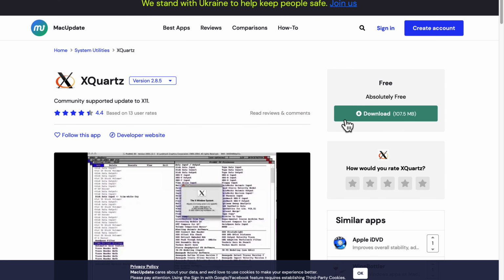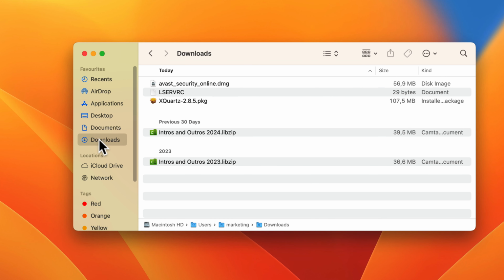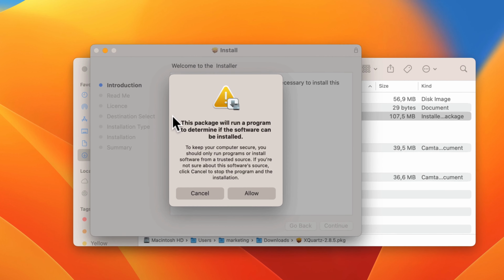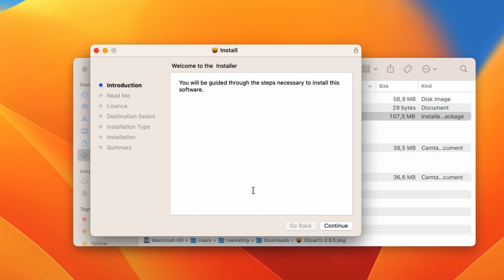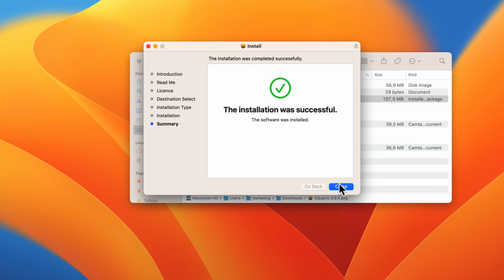You can pause this video while the software is downloading. Once the download is complete, navigate to the folder where your computer saved the downloaded file. Double-click on the file to begin the installation. An installer will open. Follow the instructions to install the software. You can pause this video while you install the software. Once the installation is complete, click Close on the dialog box. Xquartz is now installed and will run automatically when needed. If the program recommends you restart your computer, do that now. You are now ready to install Thermocalc software.